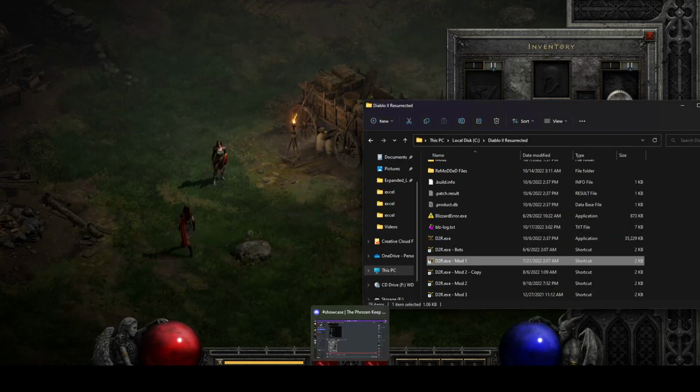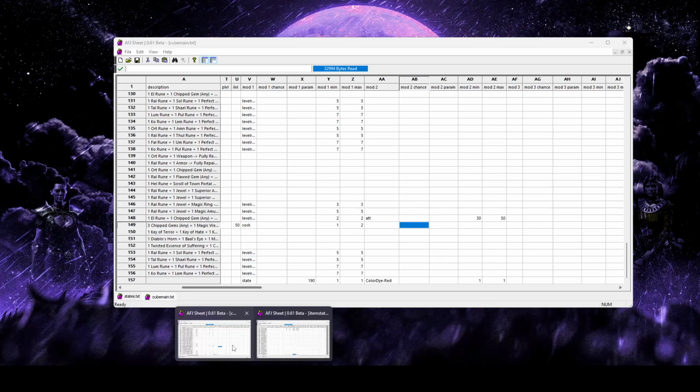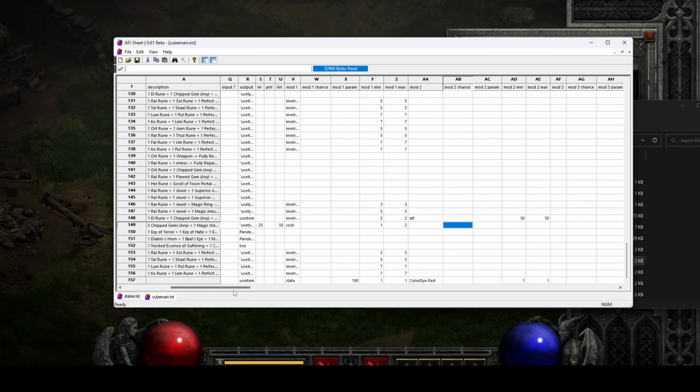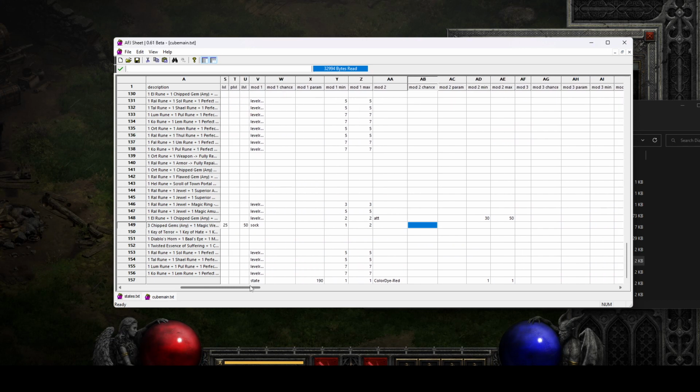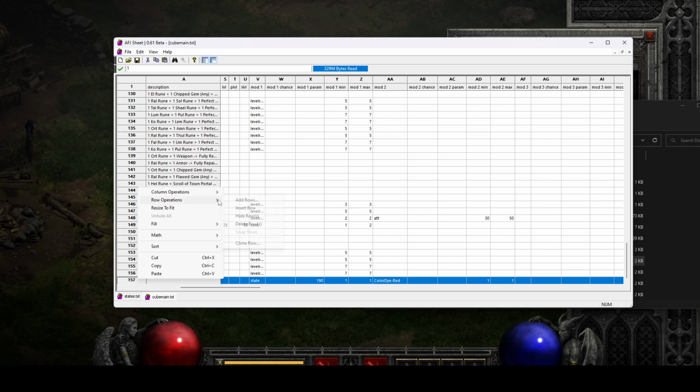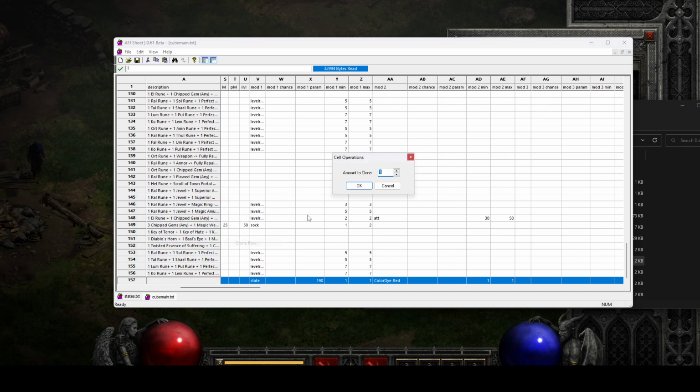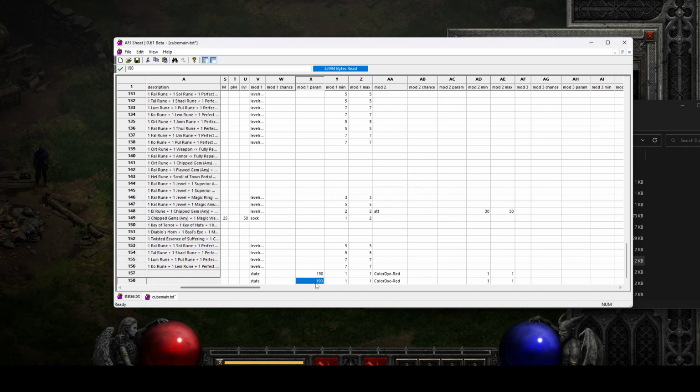So I guess the last thing I should show you just real quick is if you want to remove this. Maybe they want to switch colors or something like that. You're basically going to do the same thing, but in reverse. So you're going to, let me just copy this row and I'll explain that. Instead of adding state 190, you want to subtract state 190 so that it removes this state from them. You also want to do that with the color dye so that it no longer shows that they have a